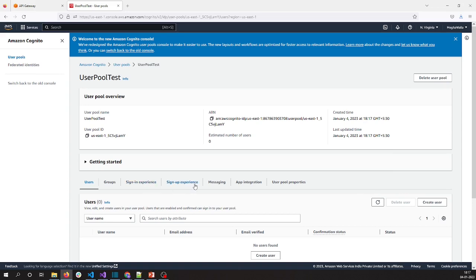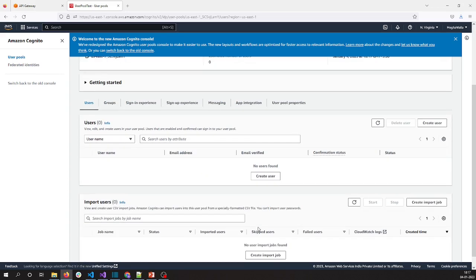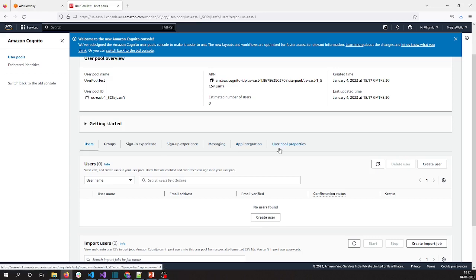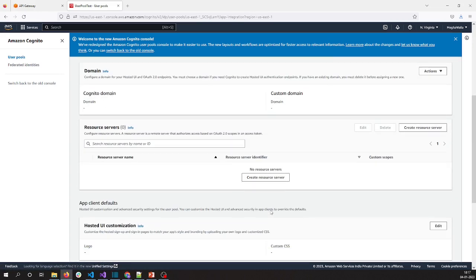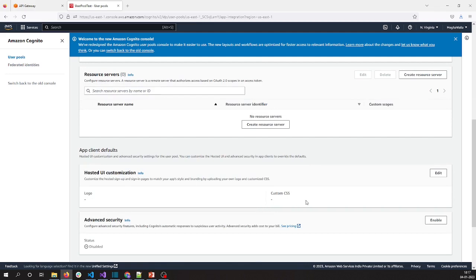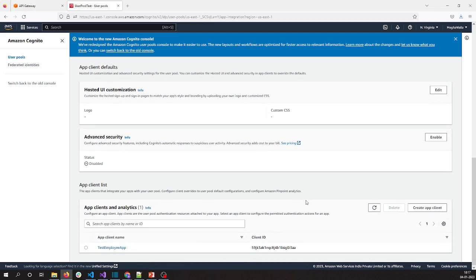Integration, app clients. Yeah, here we have the client ID. Okay, so we are done with the basic settings that are involved with Cognito, and now we have